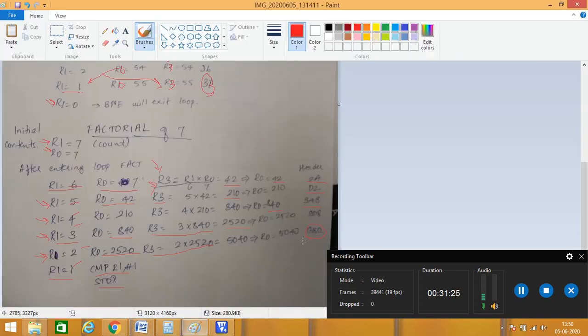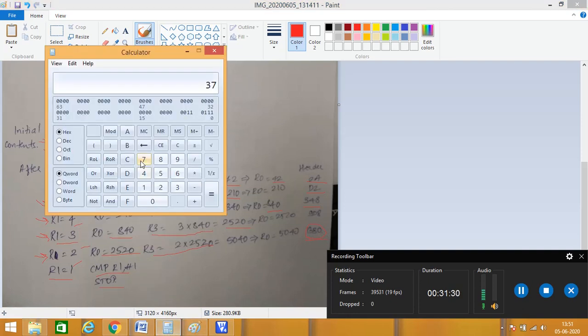You can also calculate the factorial this way: factorial is just the multiplication of the numbers in descending order. The number is 7 here in our case. So 7 into 6 into 5 into 4 into 3 into 2 into 1 is equal to 13B0. That is the result.